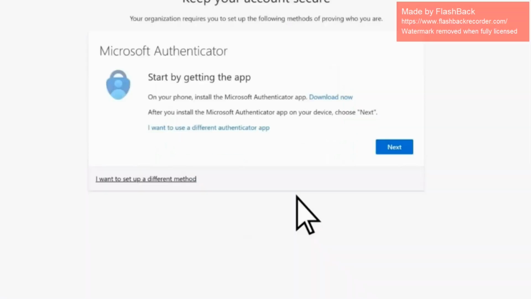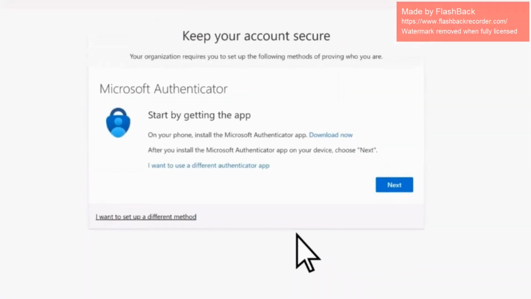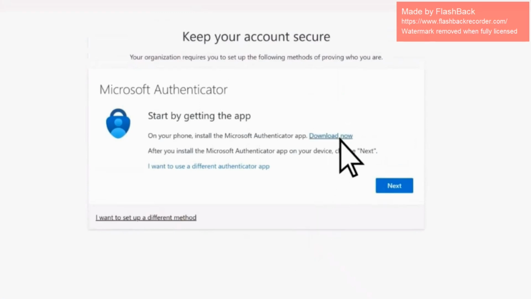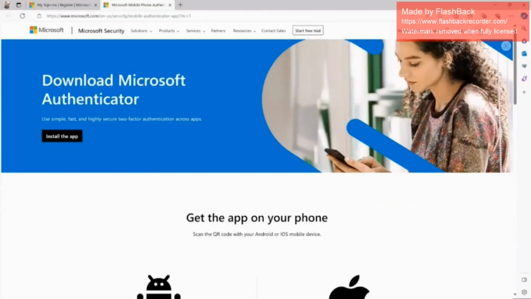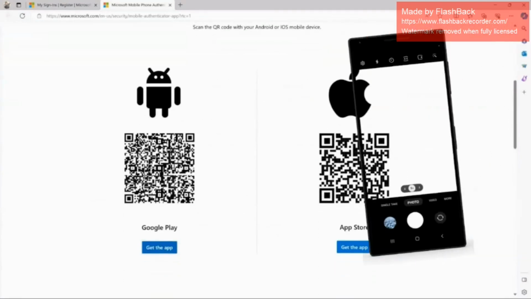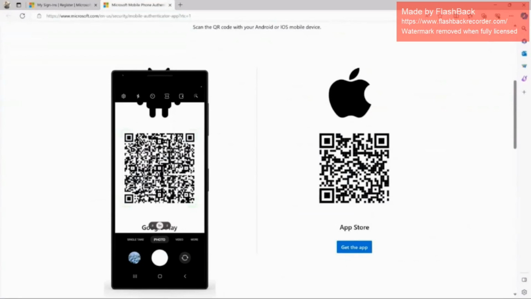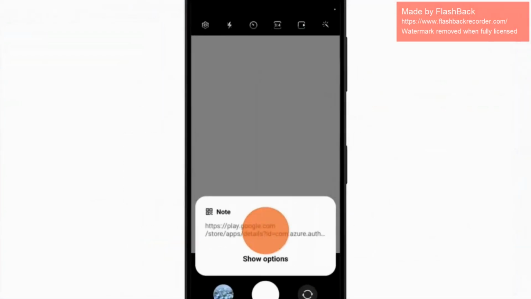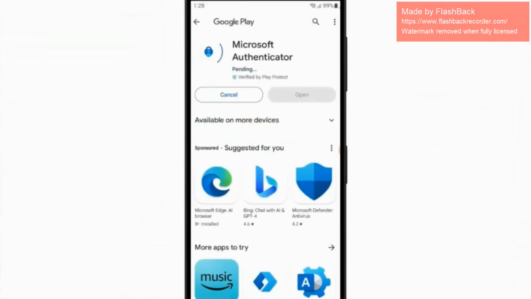Select Next. You'll be prompted to download the Microsoft Authenticator app to your mobile device. Choose Download Now. On the Microsoft Authenticator website, scroll down, use your mobile device to scan the appropriate QR code, and follow the steps to install the app.